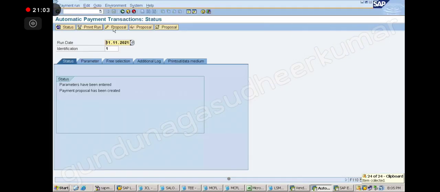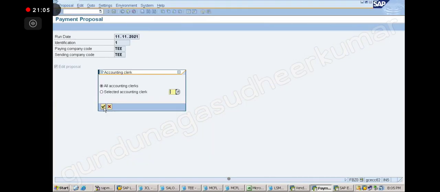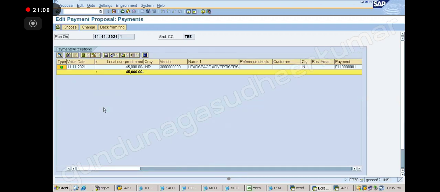Okay, let's see. So how many items? Is it clear? One has been picked up. So 45,000 it is picking up because anyhow it is due. Overdue it is. 40,000 it is not picking up because there is no benefit in paying today, right? We will pay on the 15th. Anyhow we are coming back on the 15th. On that day we will pay. See how smart the system is. It is thinking like us, human beings. So many things it is considering and taking a decision. It is not blindly taking the decision. Is it clear?